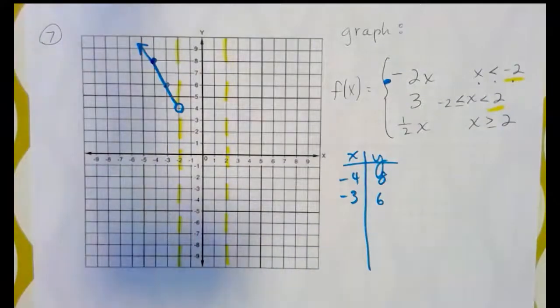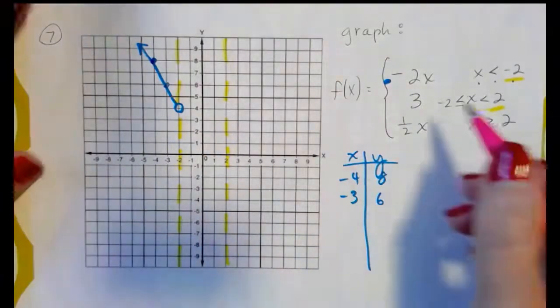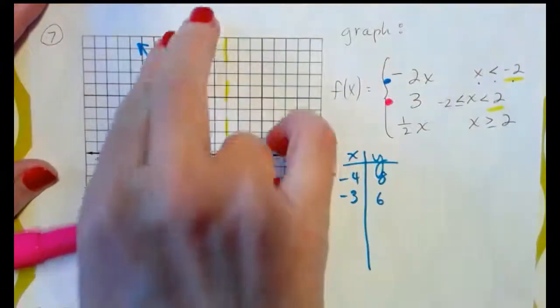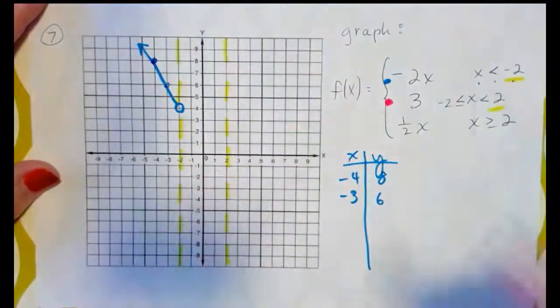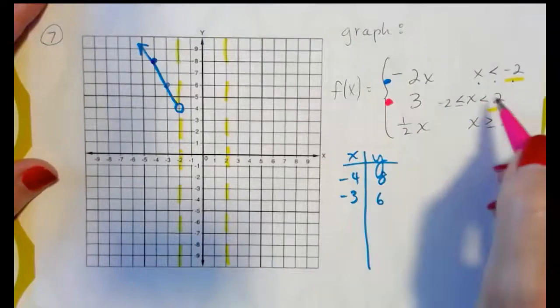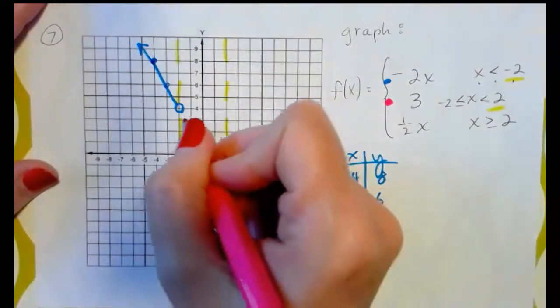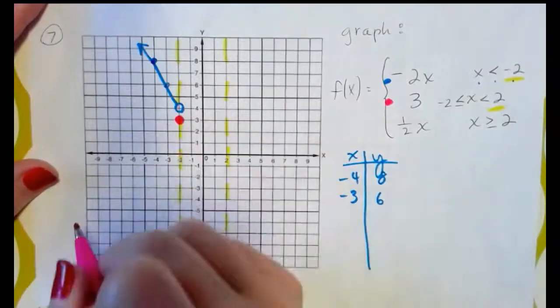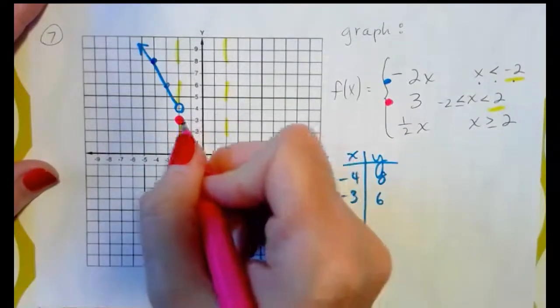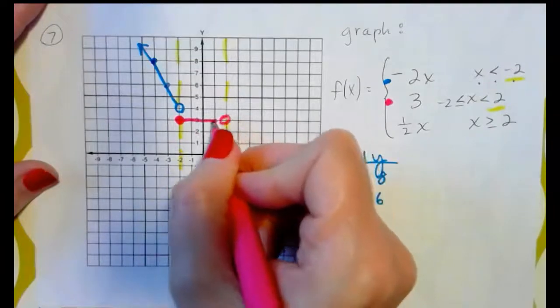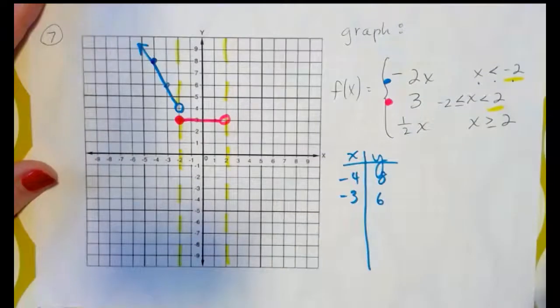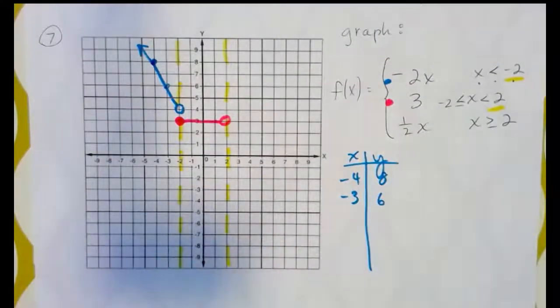Next, second piece, it's just a constant function. A constant function of positive 3 existing in the second middle slice of the domain here, which exists between negative 2 and positive 2. And it will be closed here because our function needs to not have any breaks in the domain, and then open on the other side. Constant function y equals 3. That's a horizontal line. Lastly,